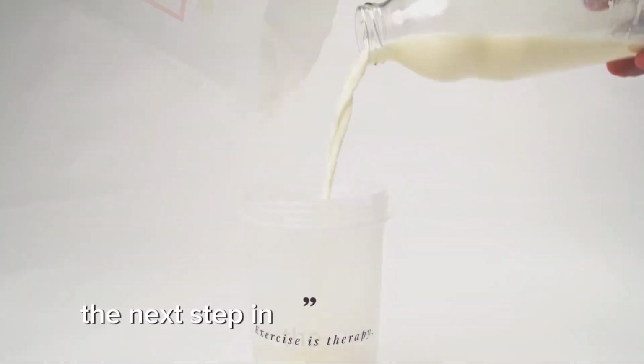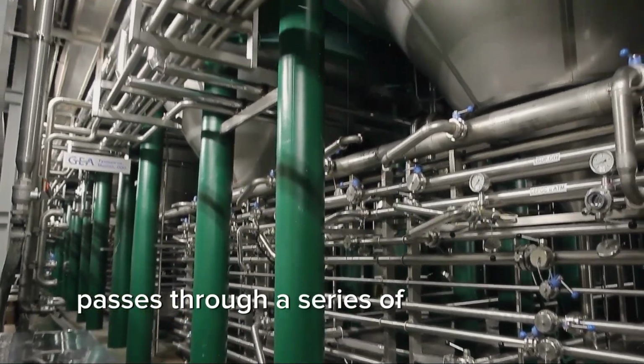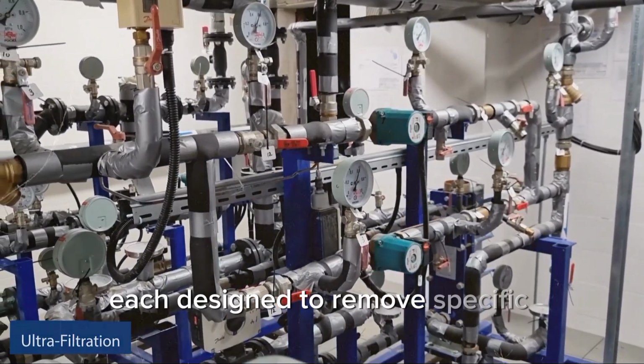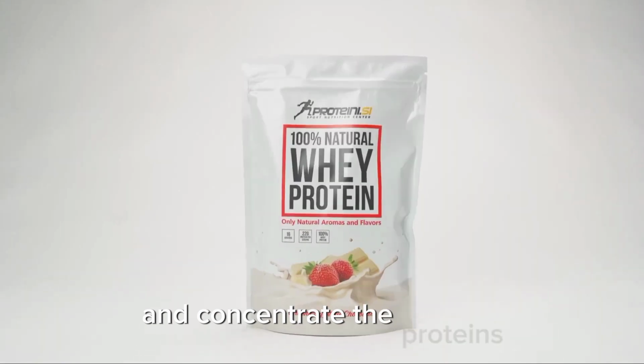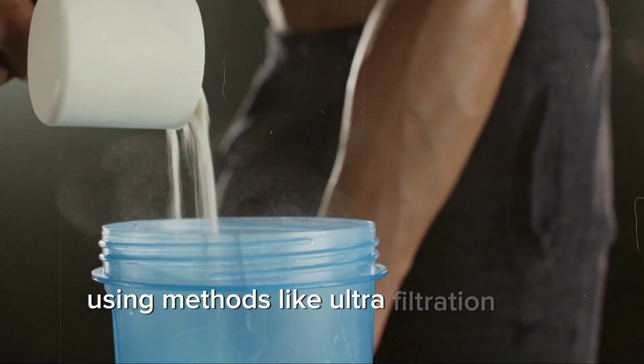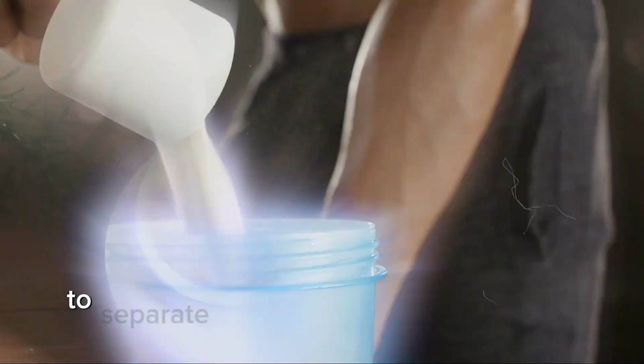The next step in the process is filtration. The liquid whey passes through a series of increasingly fine filters, each designed to remove specific components and concentrate the proteins. This is where cutting-edge technology comes into play, using methods like ultrafiltration and reverse osmosis to separate the whey